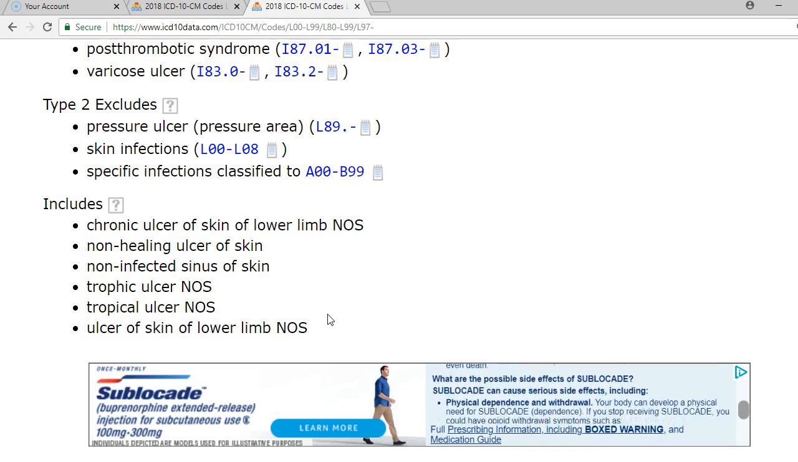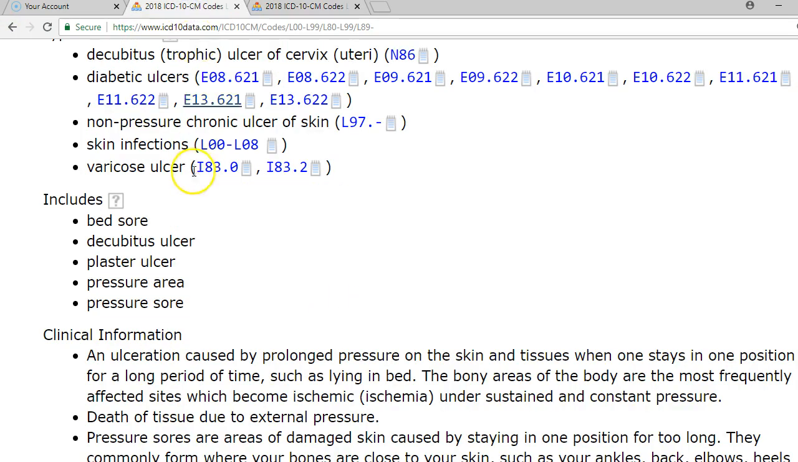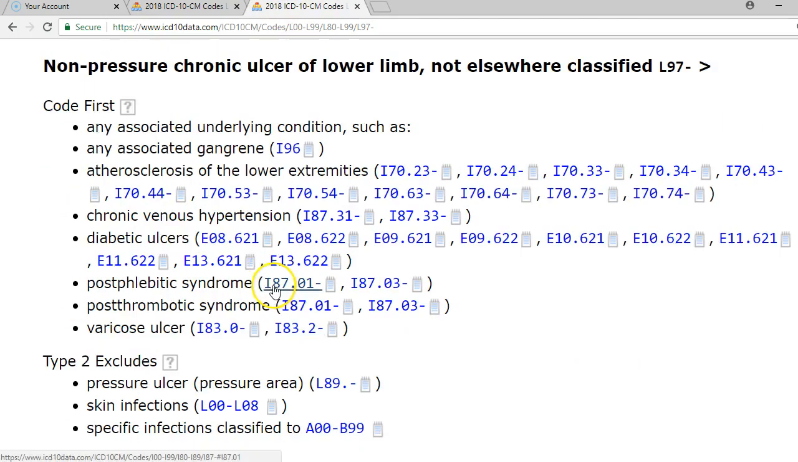So again, how do they describe it? But this is also important. Under the pressure ulcers, up at the top says code first any associated gangrene. So we're going to go back to the I96 codes for that. Versus at the top here, it's going to code for any associated conditions such as gangrene, and here are other